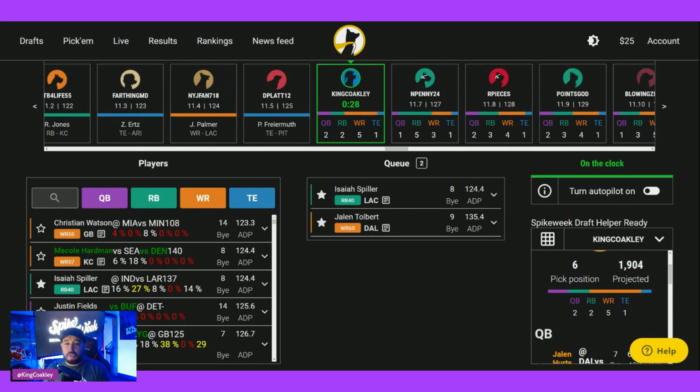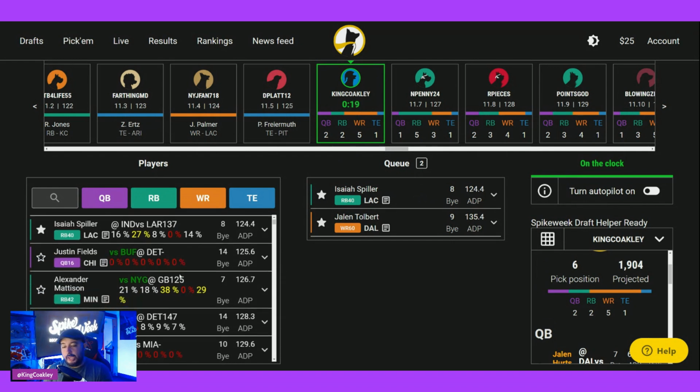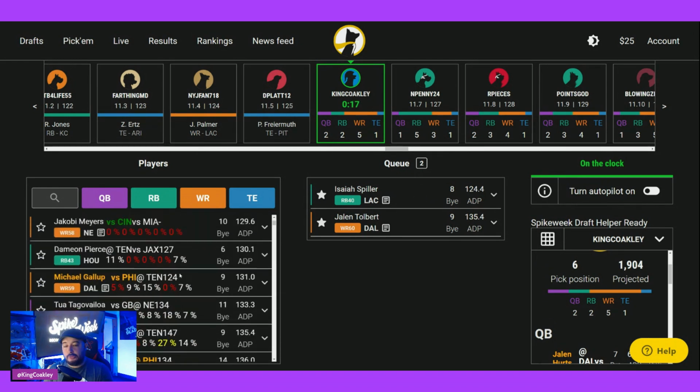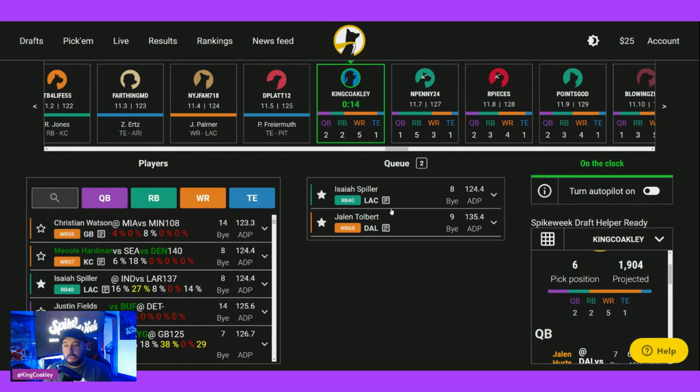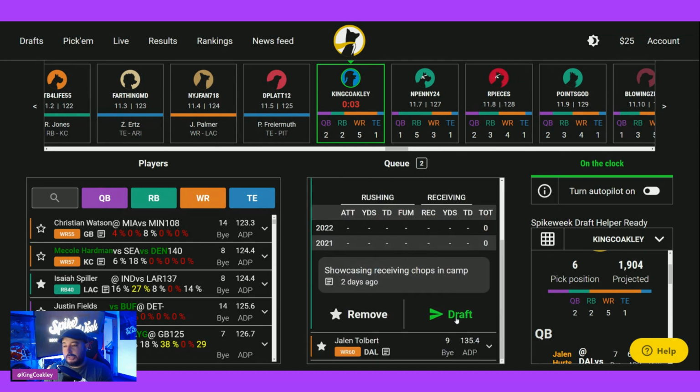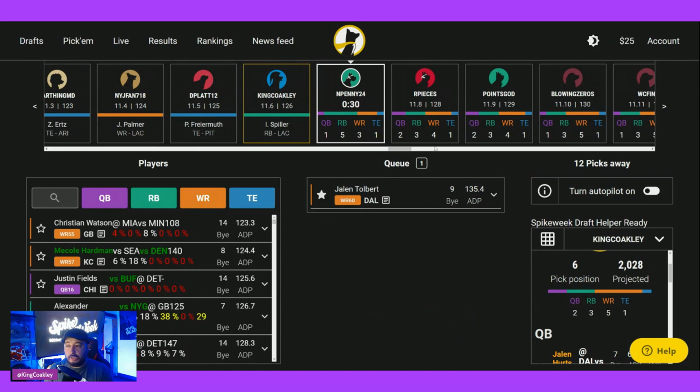All right, so we're on the clock here, and I really want Jalen Tolbert, but I'm looking at Isaiah Spiller knowing that he probably doesn't get back to us. So I'm hoping that with this little bit of space for Tolbert, if I take Spiller, really playing the ADP game here, that I can get Tolbert afterward. We are looking at some running back heavy teams behind us, so maybe they're going to be pounding wideout,